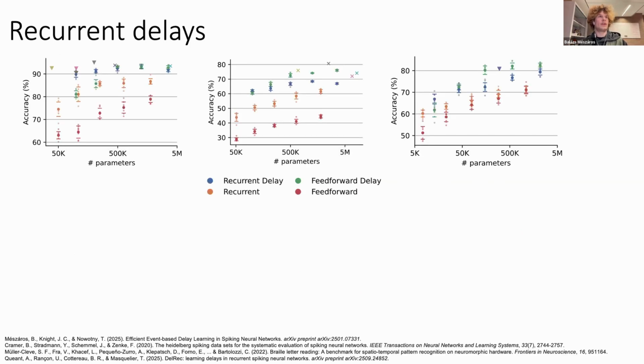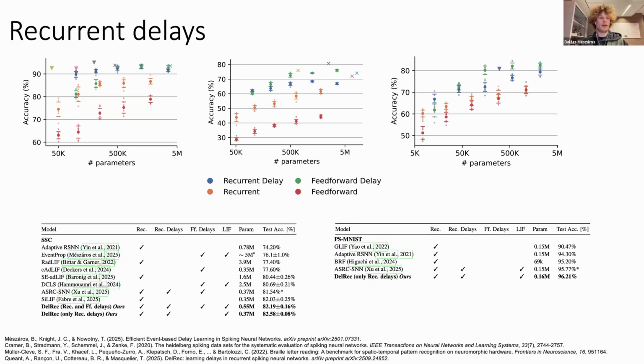And when we actually looked at these recurrent delays, what we found is that if we trained networks where we had those recurrent delays and they were learned, so these are examples from the Spiking Heidelberg Digits, the Spiking Speech Commands, and the Braille letter reading datasets, and if you look at the lower parameter ranges, so when we really compress the hidden layer, then these recurrent delays, the blue dots here, become really useful. So it shows that maybe they might be good for something. And actually, since then, another recurrent delay method has been introduced very recently, where they also showed that introducing these recurrent delays is quite useful.